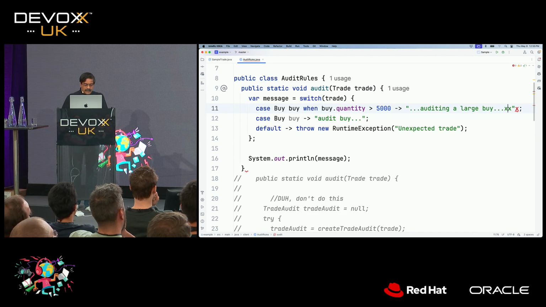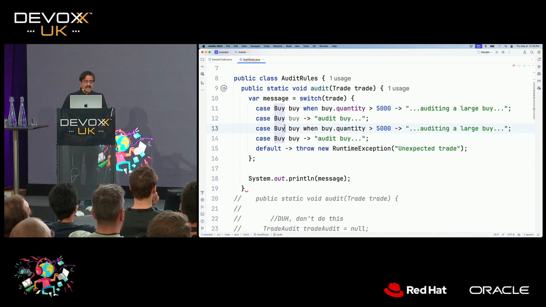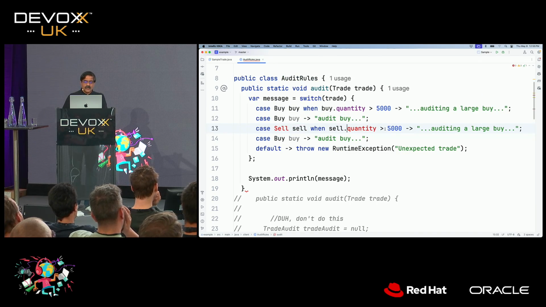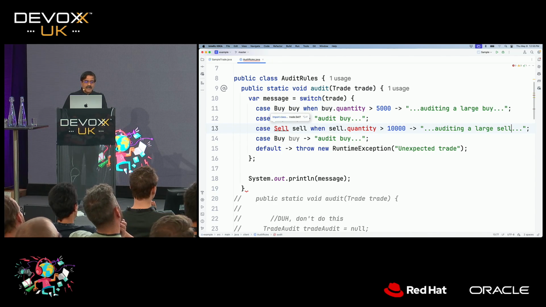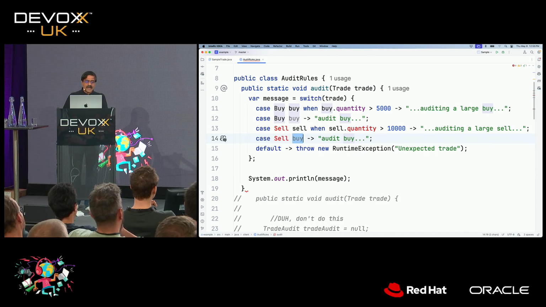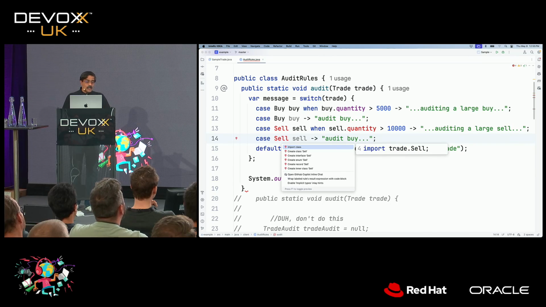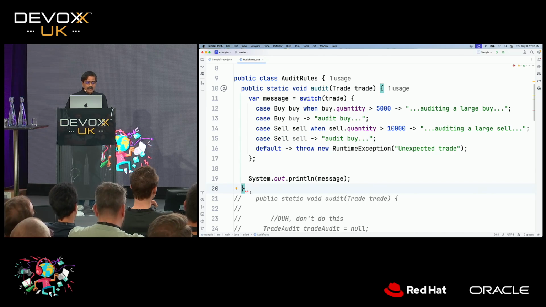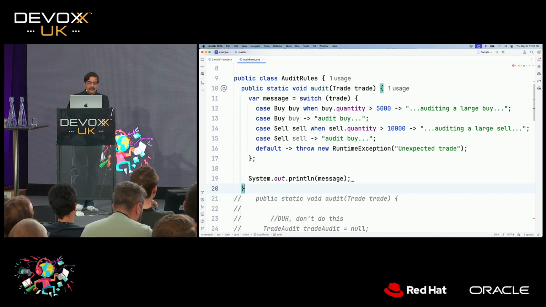Similarly, what you could do up here is say, I want to take those two, and here is a cell I want to bring in. And in this case, if the cell's quantity is greater than 10,000, I would then simply say auditing a large cell. And this could be a general cell where I don't have that amount of quantity. You could write some code for that as well. So with that said, you can write the code this way, and then you can perform whatever call you need to perform at the very end of this for that particular operation.